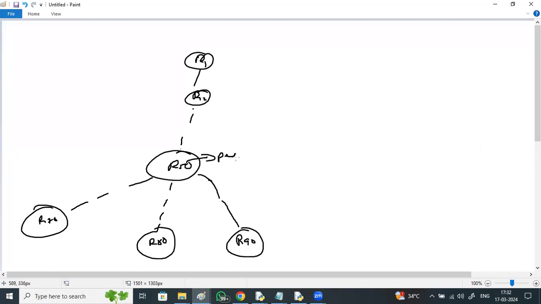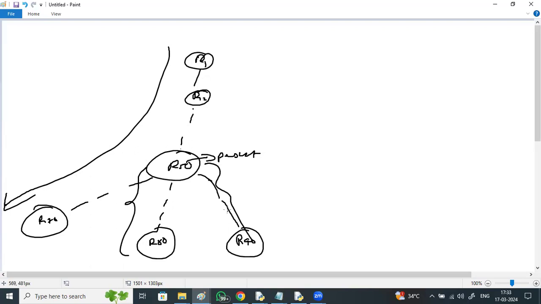So persist it. Assume this flow executes the first time. From the second time onwards, whichever flow executes, there is no need to execute from the starting. Directly from R50 to R80, R50 to R90, that's fine. That means 50 steps are decreased, right? Directly you are using that R50 output and computing the remaining flow. In flow 2 and flow 3, we are not re-executing from the beginning. So 50 steps are decreased. That is the advantage of persistence, right?